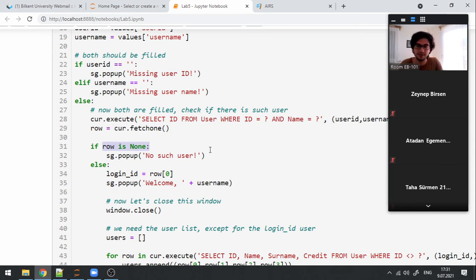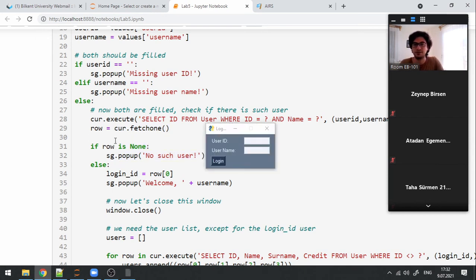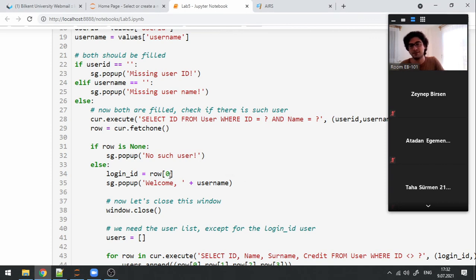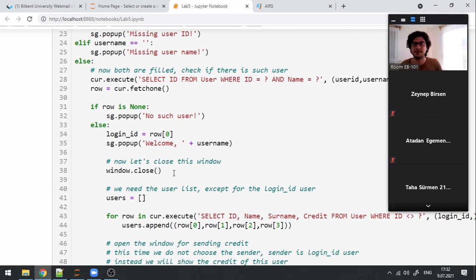If it is none, it means no such user. So let me quickly show that. For a random combination, it says no such user. I'm not able to continue. Otherwise, if there is a user with the given information, I'm keeping the login ID, because once I log in,